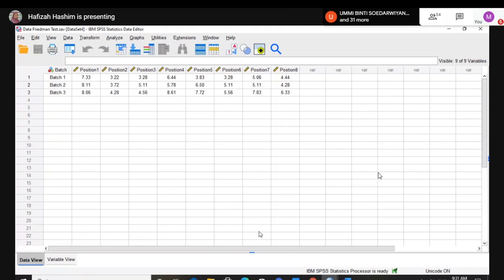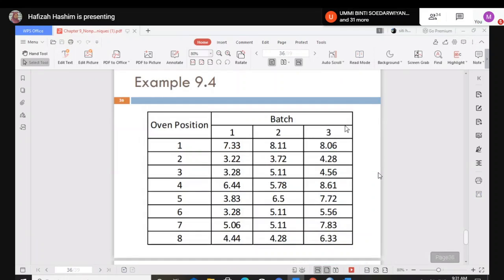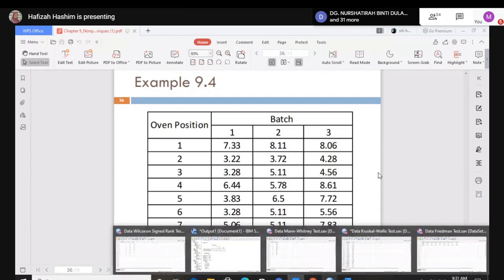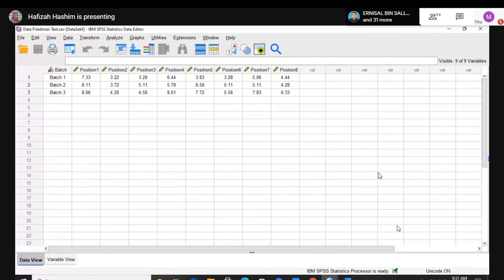So, decimal, hati-hati kelas dengan soalan ni. Even you can see there is only one here, the rest is 2 decimal places. You put the complete one. Ada 2 decimal, itu yang you key in. Jangan you nampak 1 sini, you jadikan 1 semua, jangan. Nanti bacaan akan lari. Bila dia lari, ada kemungkinan dia jadi insignificant, so dia akan ada efek di situ. So this one you just key in 7.33, ini akan ikut nanti 6.50. Ambil yang lebih, jangan ambil yang kurang. So data kamu akan lengkap. Key in like this, class.